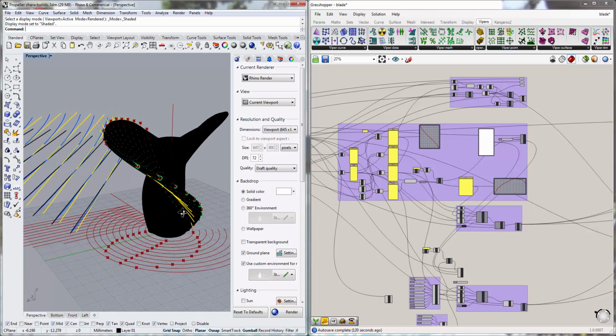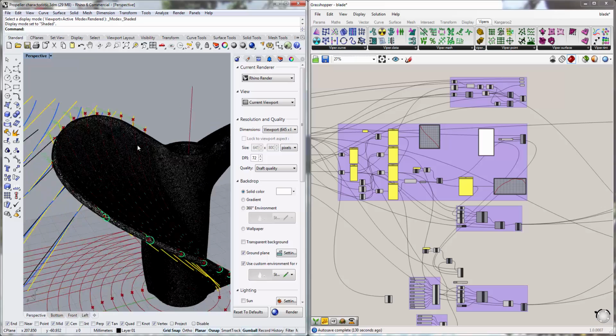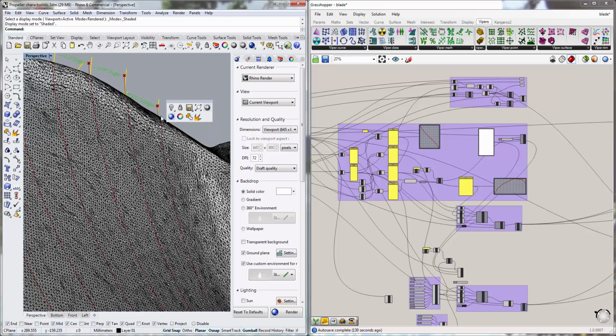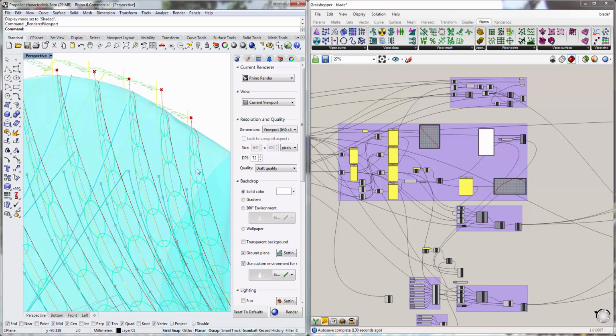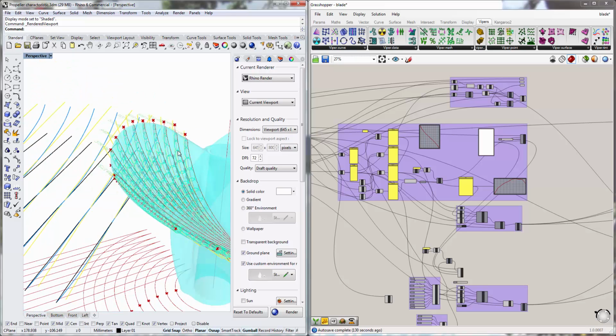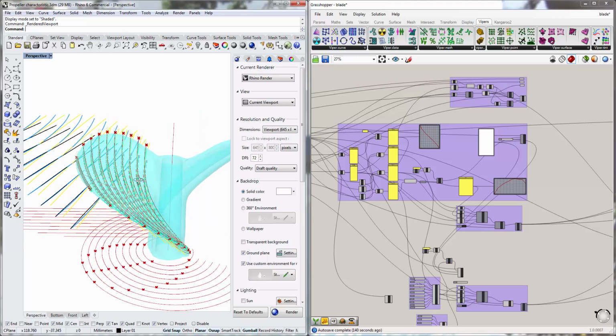Another data set is from the actual center line. You can see that I have the center line, the actual airflow center line.